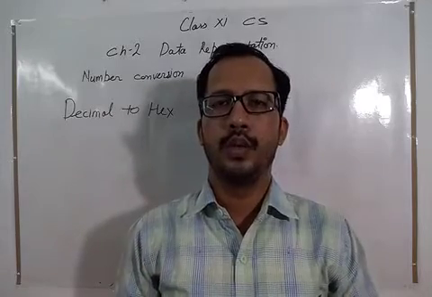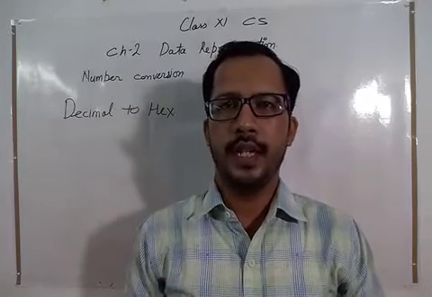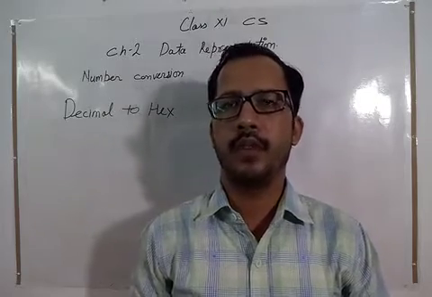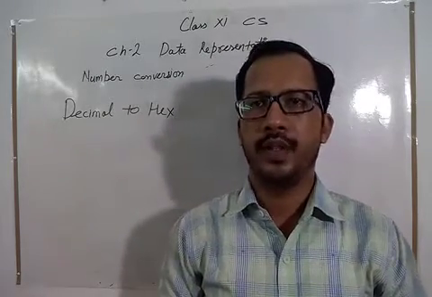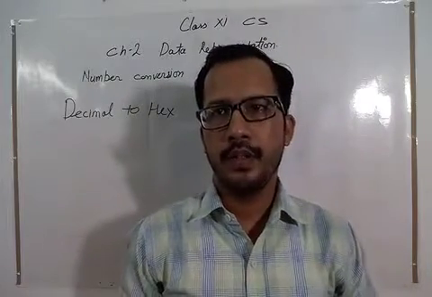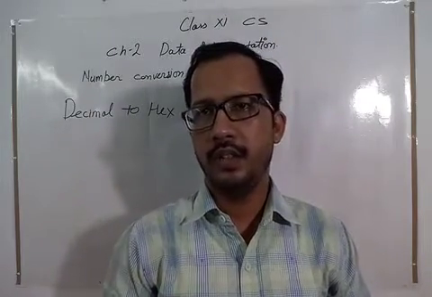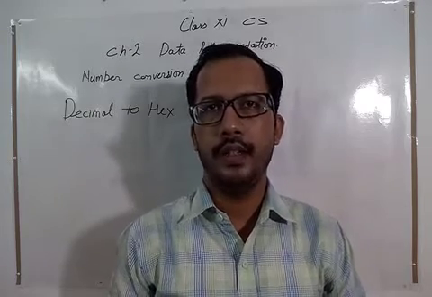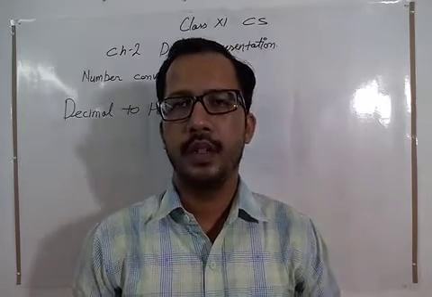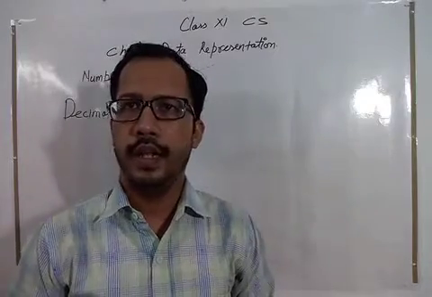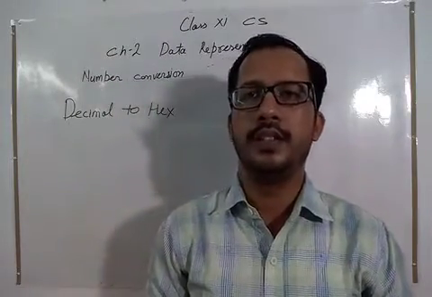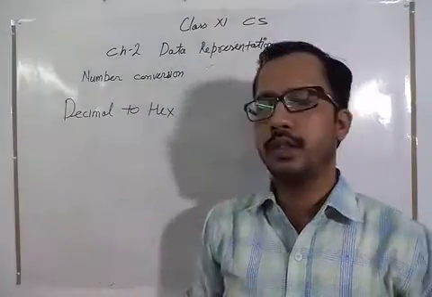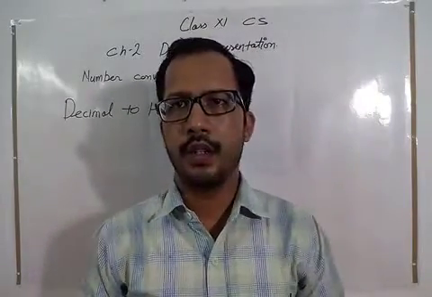Good morning class. So today in this video I shall be telling you about number conversion again, but this time we will convert a number from decimal to hexadecimal. Hexadecimal contains 16 digit symbols, starting from 0 to 9 and then A to F, denoting 10, 11, 12, 13, 14 and 15. So let's start, and we will use the repeated division method, which is again the same.